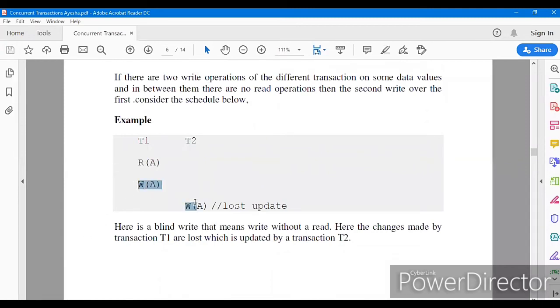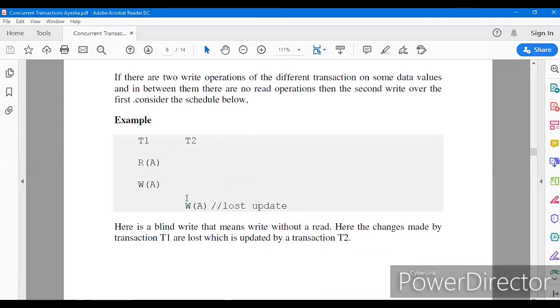Now see again here, suppose the value of A is 5, then it was written as 10 by T1. If there is a system crash over here, T2 was assuming that it is writing on the value 10. But since this wasn't committed and wasn't read, it was not confirmed whether it was 10 or 5.